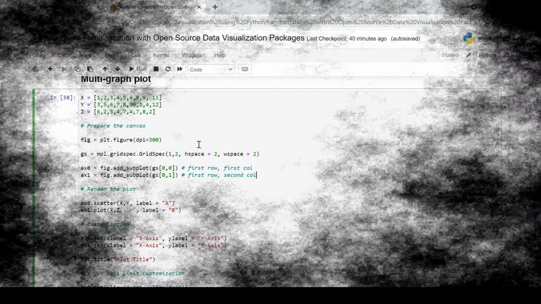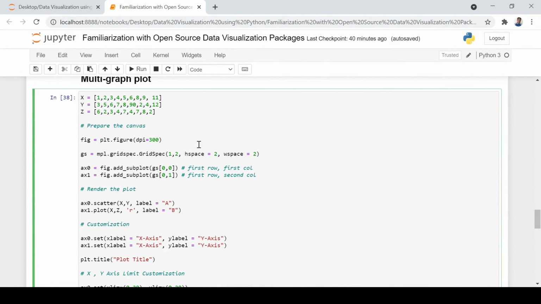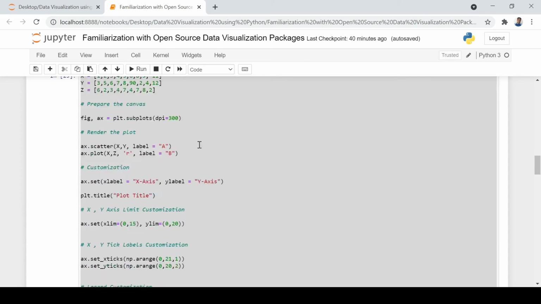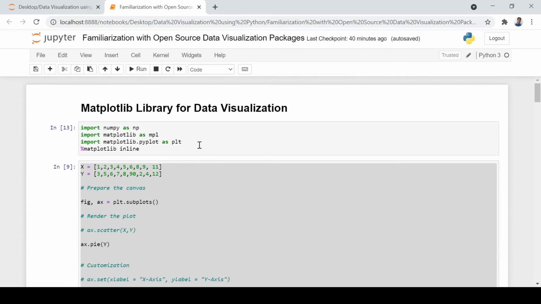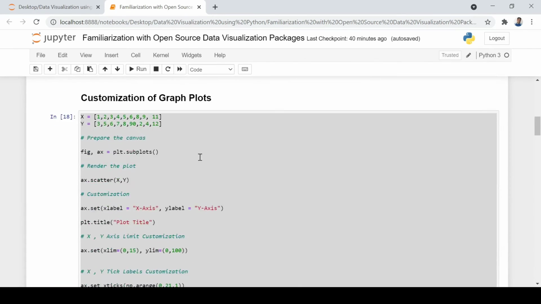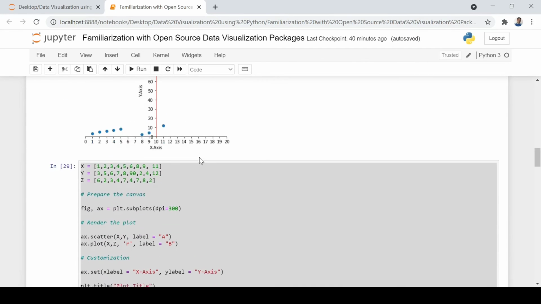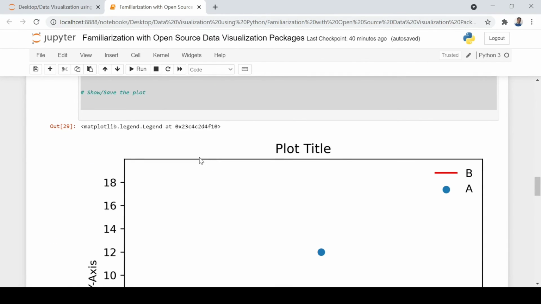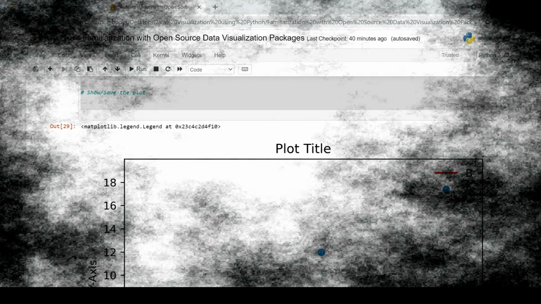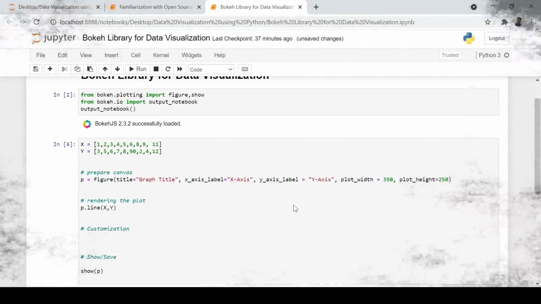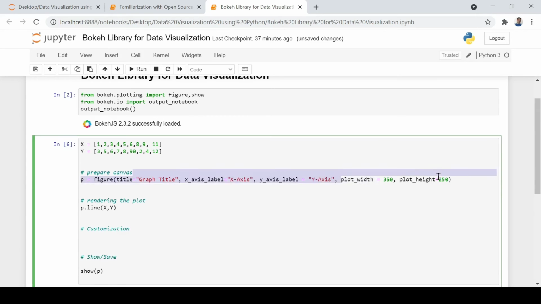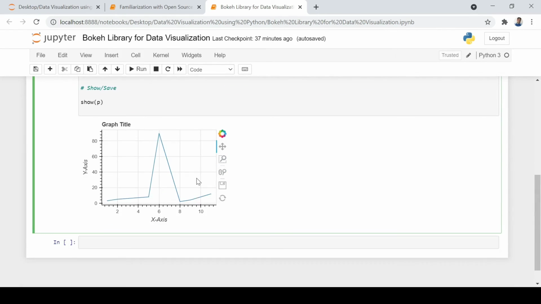Okay, so this is all about giving you the flavor of the multi-plot in matplotlib. What we have seen is the customization, the steps which we follow, and how to do multi-plots on the same curve utilizing multi-axes, and that's about it. And you should look for more details in the reference. See how beautifully you have changed the size, you can even customize the sizing from here. You can decide on whatever size.